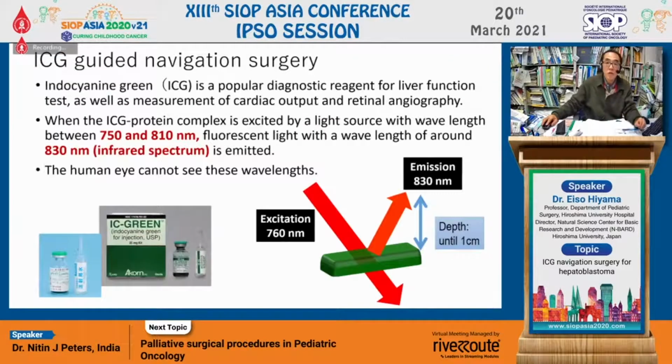So today I'd like to present an overview of fluorescence-guided surgery for hepatoblastoma. As you know, ICG is a popular diagnostic reagent for the liver function test, as well as a measurement of the cardiac output and